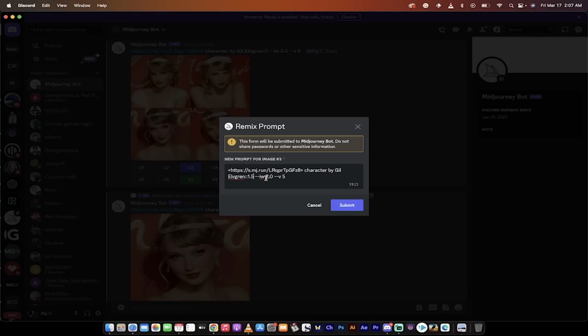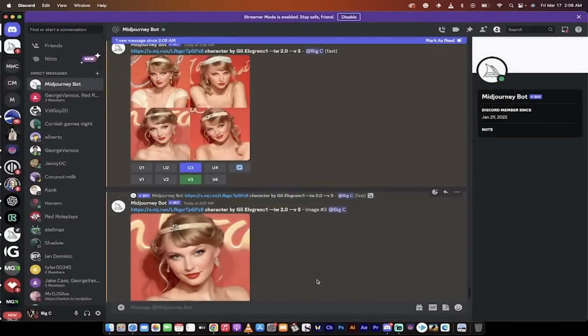And if we took the image weight and we took it from 2 to 1.0, do you see what's happening here? Now I'm going to click submit, and what we're saying is, look, we want the artist to be more prominent, and we're going to give you a little bit more leeway so it doesn't have to look quite like Taylor Swift. Click submit, and I'm going to come back when this is done,